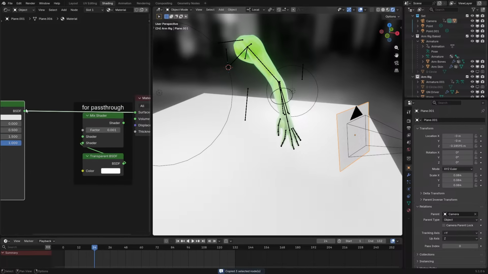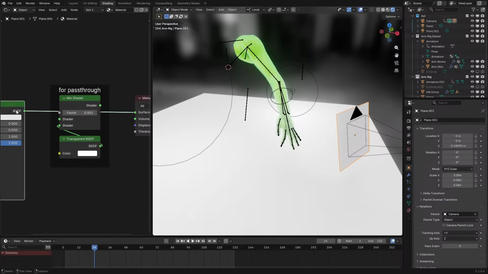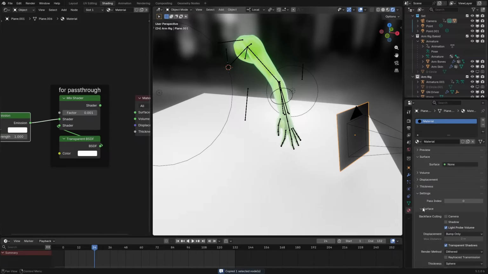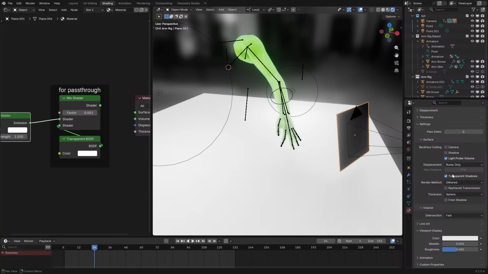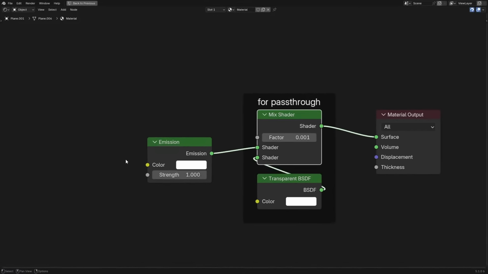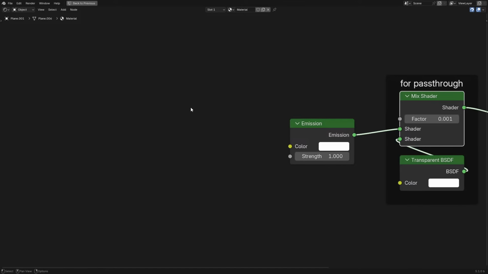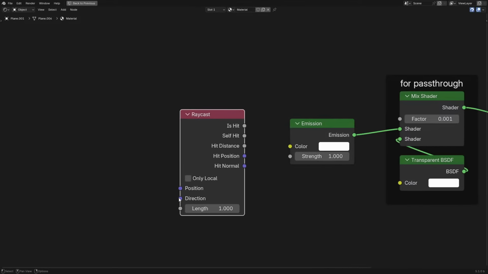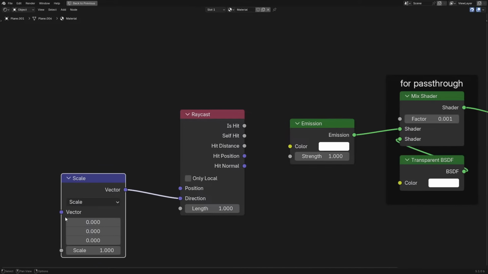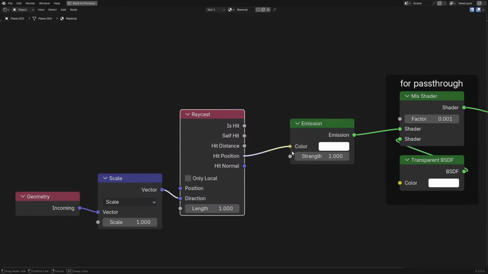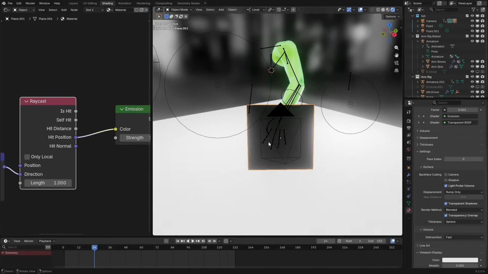Oh, and also, don't forget, in Blender 5.1, you can copy things from one blend file to another, which is so nice. I've already used it, and I was like, yes, it was so incredible. So, raycast. There we go. Let's make this a scale node, and then the incoming... put that into there, and here we can see,